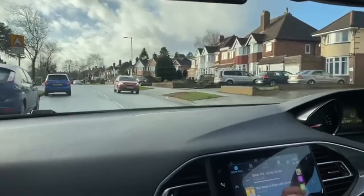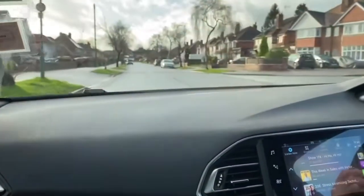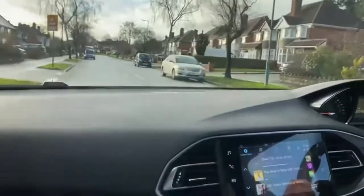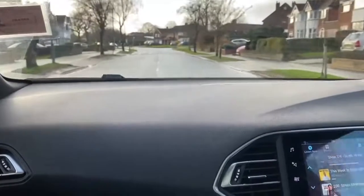pass the blue one, and then centre right mirror coming down, and then centre left coming back in, junction on the right, no one threatening, speed bump coming, centre mirror, easing off, going smoothly over the bump, more parked vehicles on the left, centre right mirror as I come out, centre left mirror as I come back in, and it's